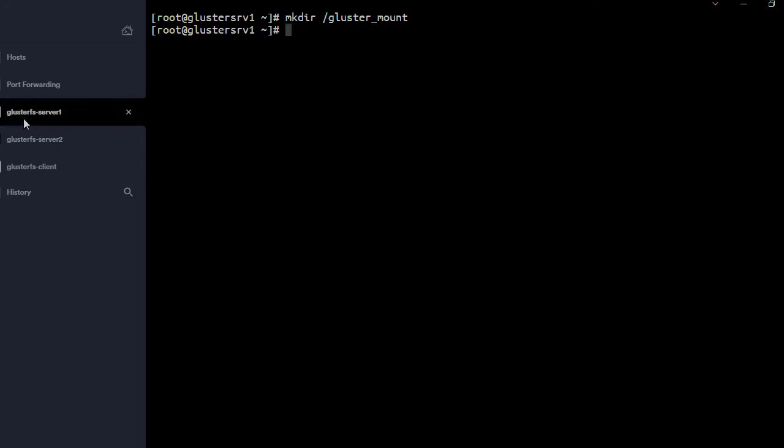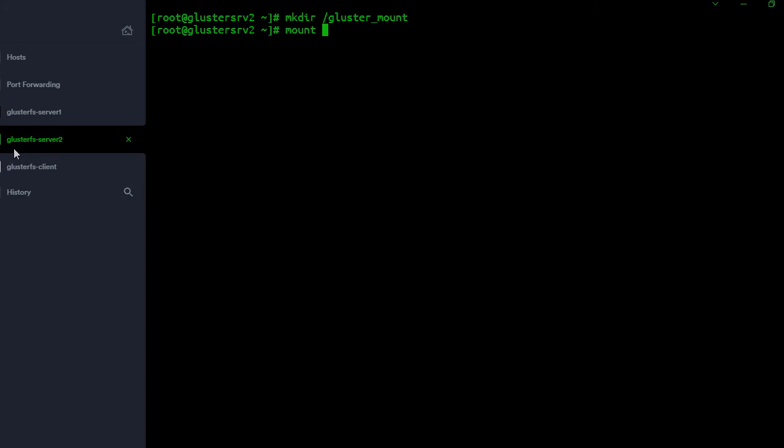Alright. Now we have to mount the logical volume in this location. For mounting, I have to use mount, the path of the logical volume, /dev/GFS_VG0/GFS_LV0, and gluster_mount. And here, mount /dev/GFS_VG0/GFS_LV0 gluster_mount. Perfect.